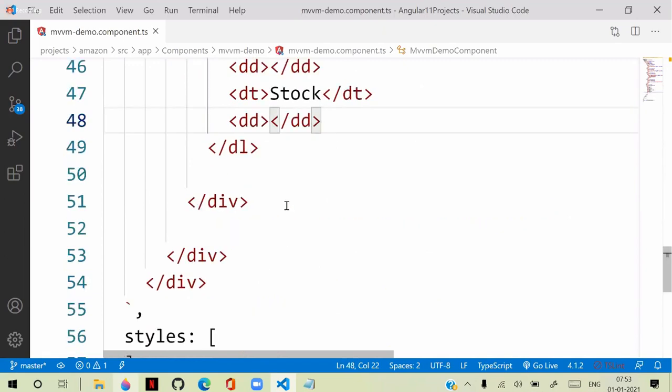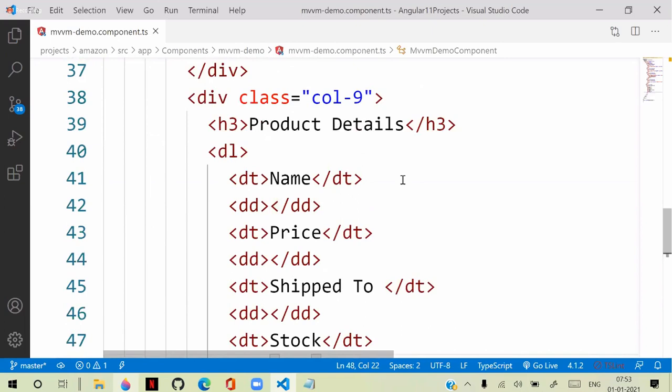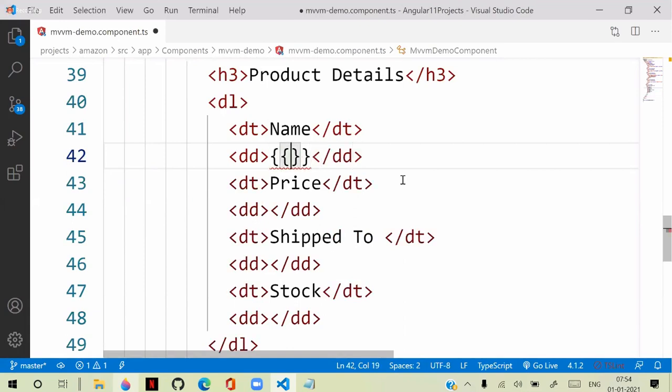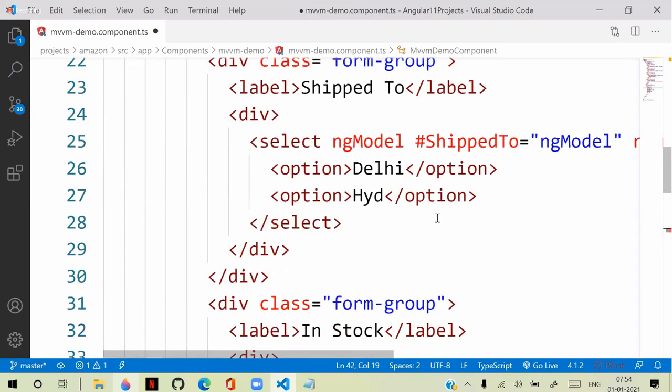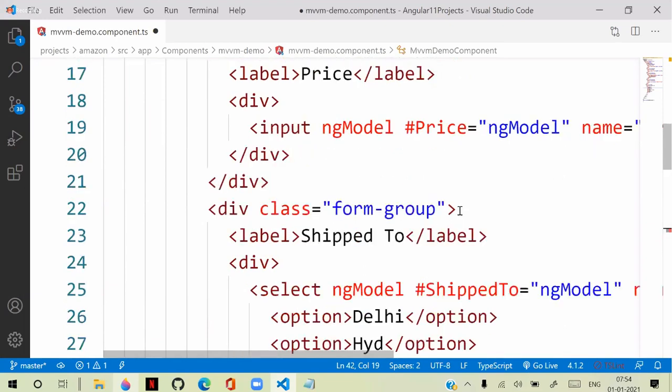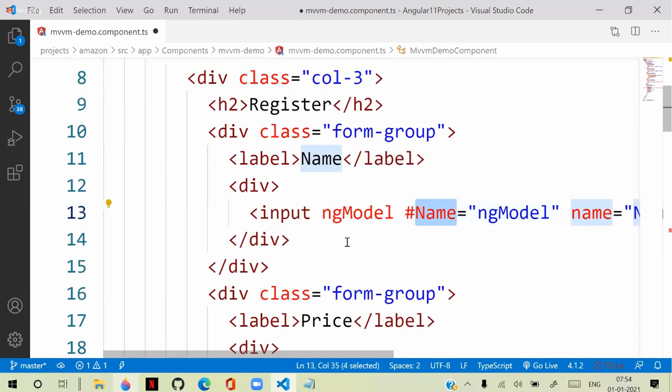So in that case, what we have to do is we need a binding expression. And how can you access the name text box? Simple. It has a reference ID. So the reference ID is name, and we can access that here.